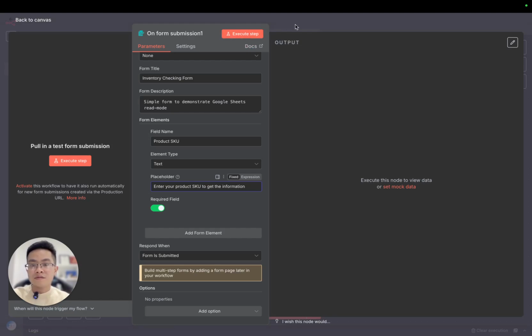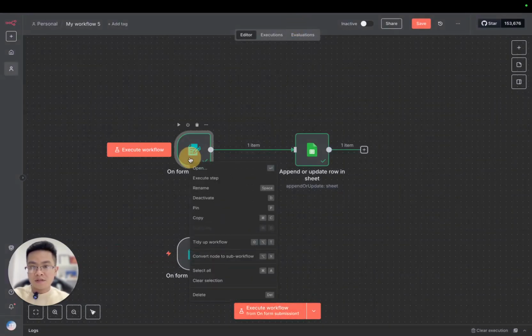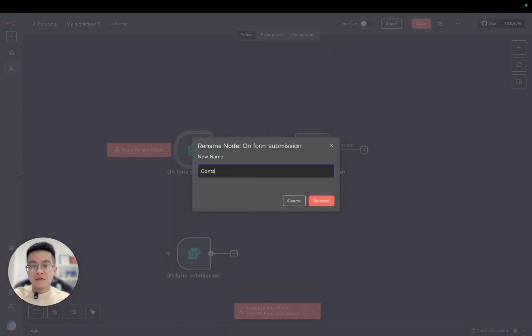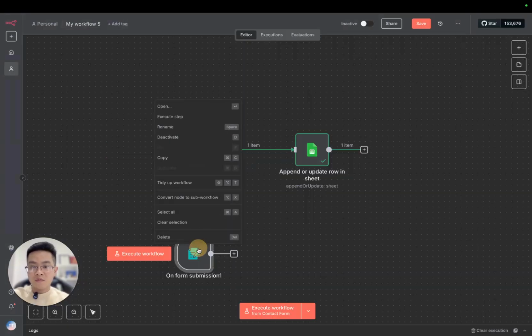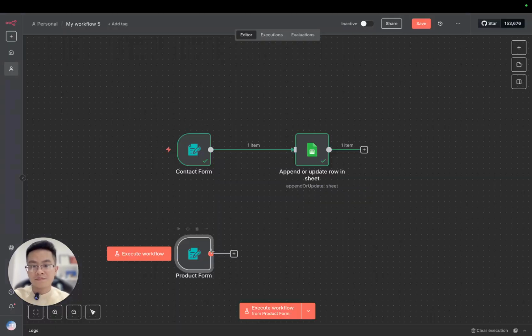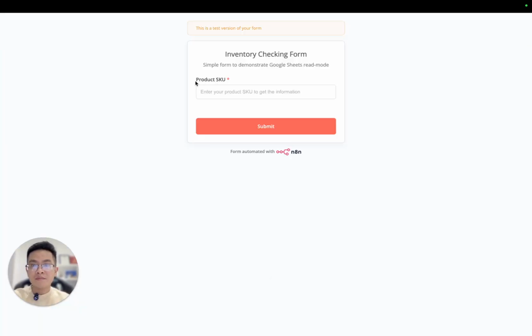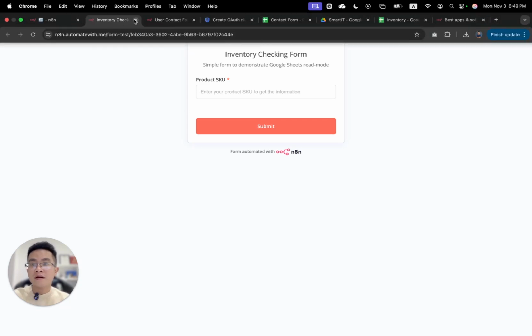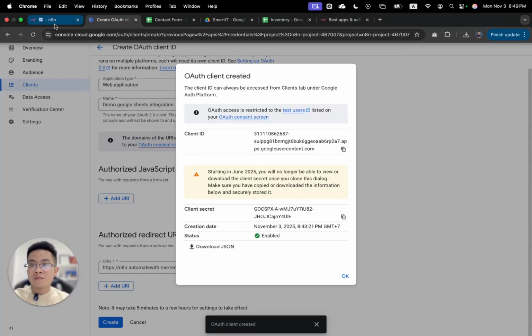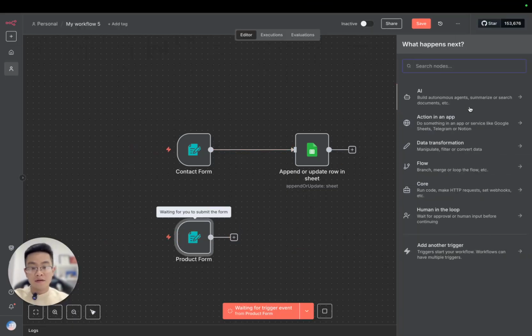information, right? Okay, so let me try. Let's name it product form. Okay, awesome. So that we can execute, yeah, so we have the product SKU form, right? Awesome. Let's close this one and go back to the canvas,